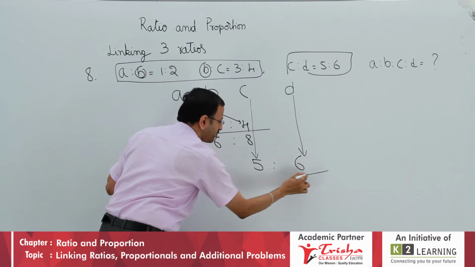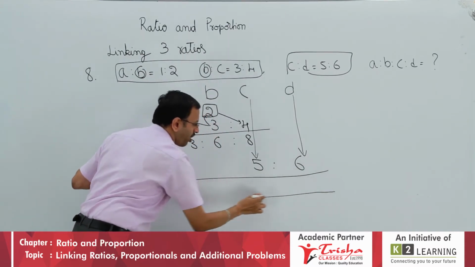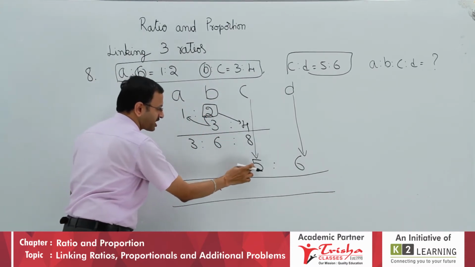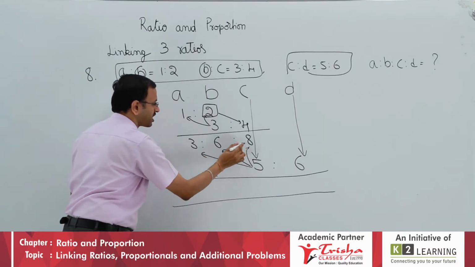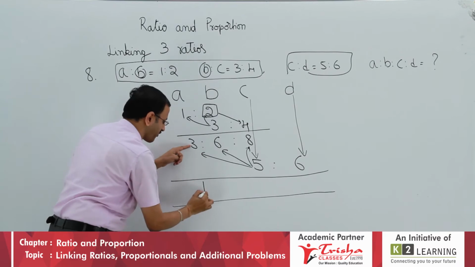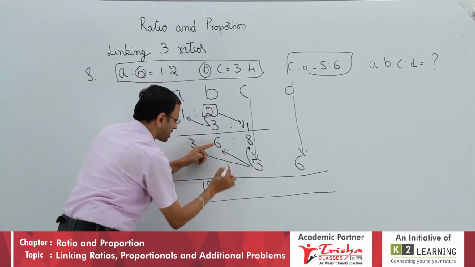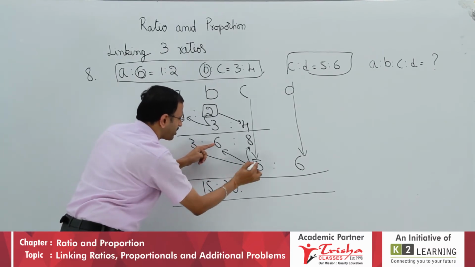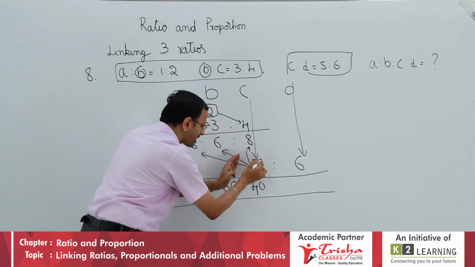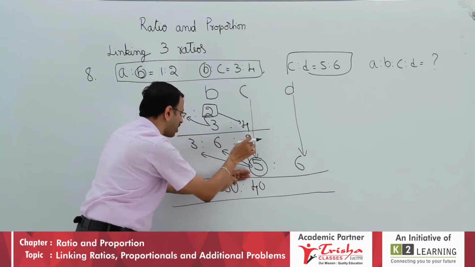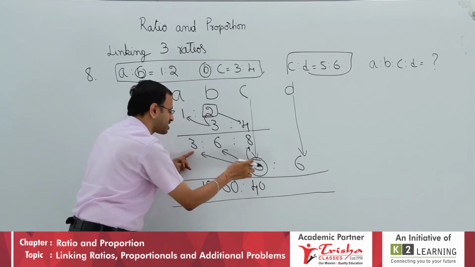How do you do the common ratio of all these? So I have to take this number and multiply for all this. Students, can you answer? 5 3s are 15, 5 6s are 30, 5 8s are 40. Here I have to take this number and multiply for all the three. 5 3s are, 5 6s are, 5 8s are.